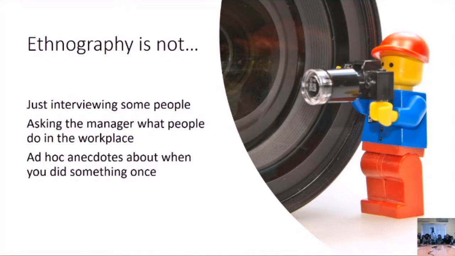It's done over a period of time. It's systematic, and we're very confident in our findings. And the reason we're confident is we look for patterns. It's not about seeing something once, although seeing something once can be informative, but you have to make a very clear difference between something you saw once and something you saw a lot.